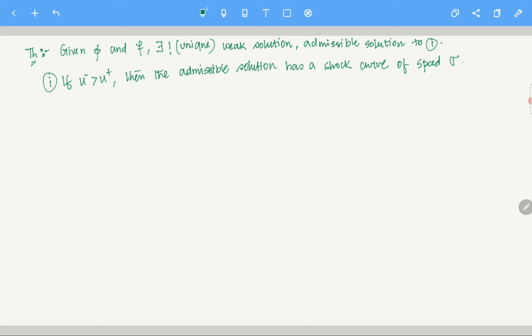You remember the speed, which is f prime of xi prime of t, right? And the solution is given by